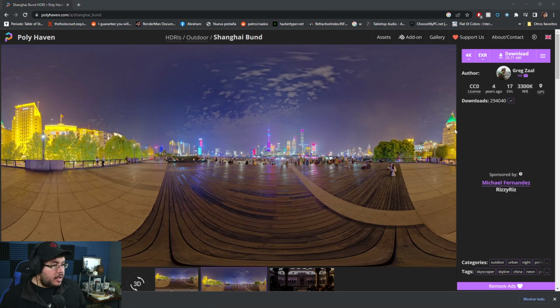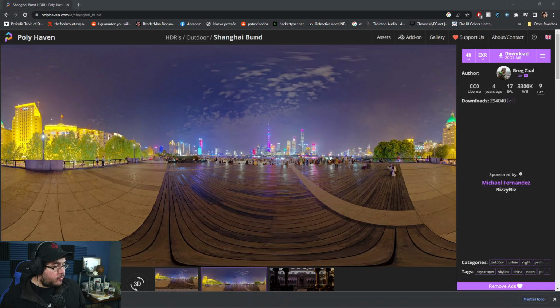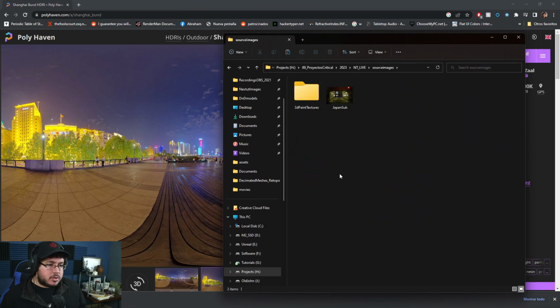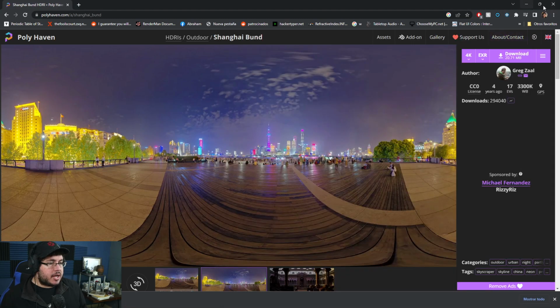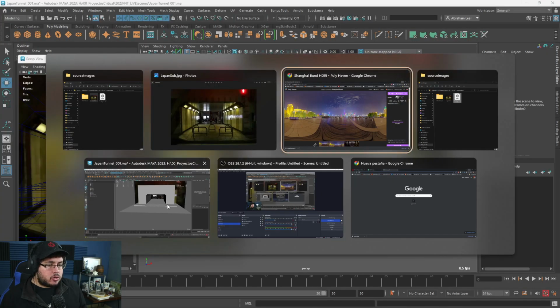Now, whenever we download these files, remember that we need to place them where? On source images. Always place your stuff in the folder that you're gonna be using it. So we navigate to the project that we created right here, source images, and that's where we're going to have our Shanghai Bund. So we go back to here,